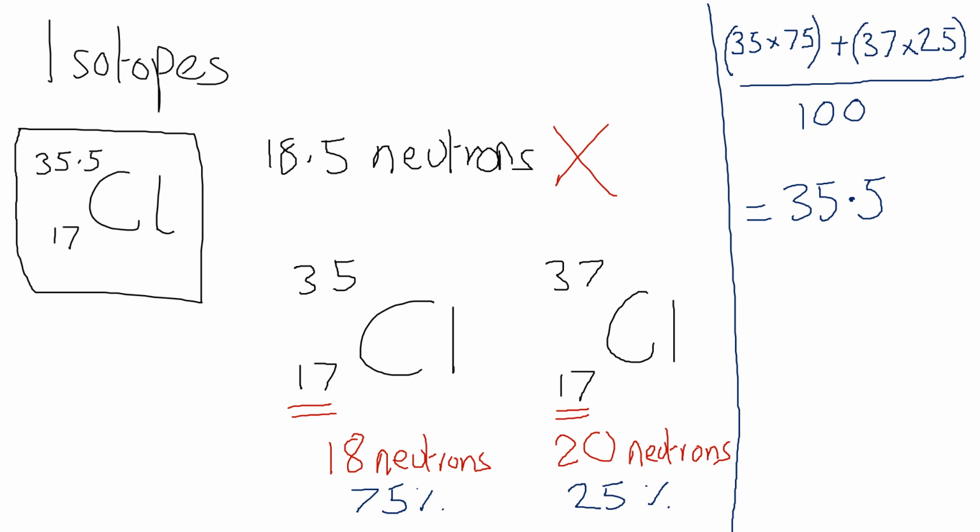So when you see the numbers on your periodic table and they are not whole numbers, remember this is the weighted average of all the different isotopes. And as we saw here, isotopes are atoms of the same element that have different atomic masses. So they have different numbers of neutrons. This is a bit of a whirlwind tour, but let's